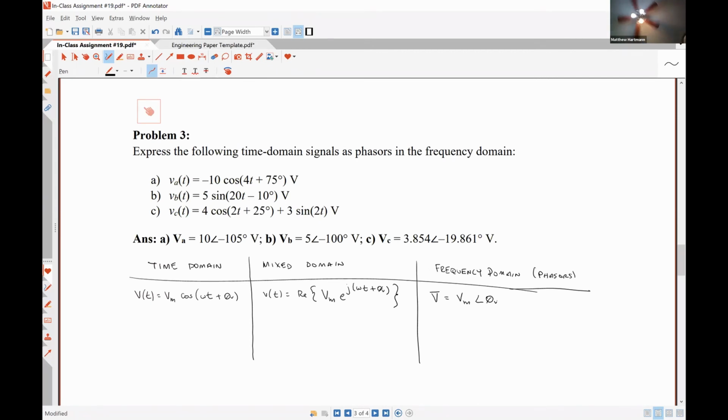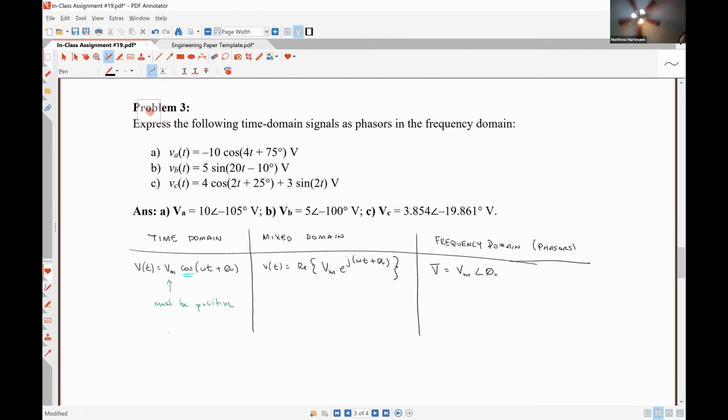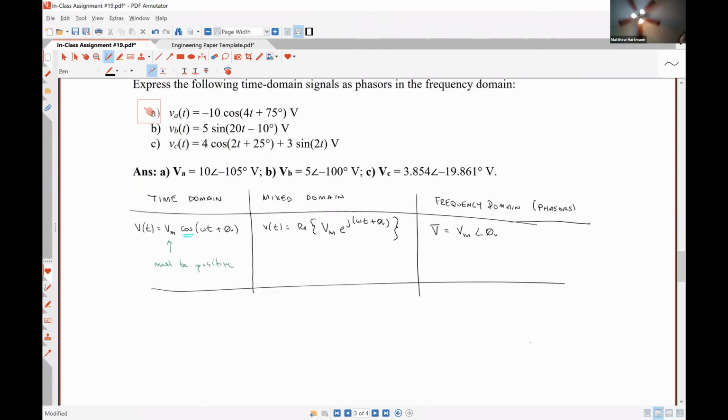That's it. But they're all based on the cosine. And another constraint is that Vm must be positive. That's it. So the conversion from the time domain to the frequency domain and vice versa should be fairly straightforward. So if we look at part A here,